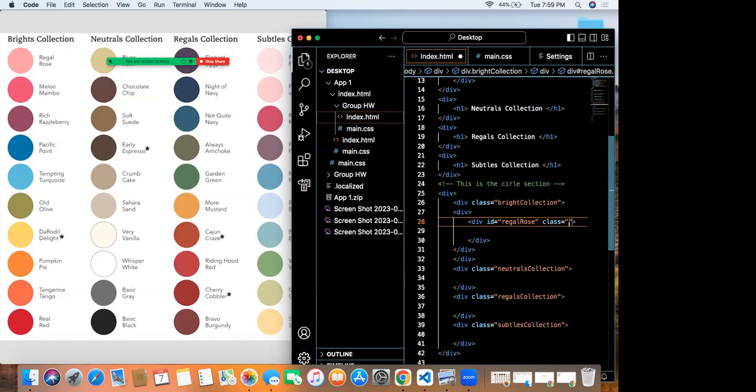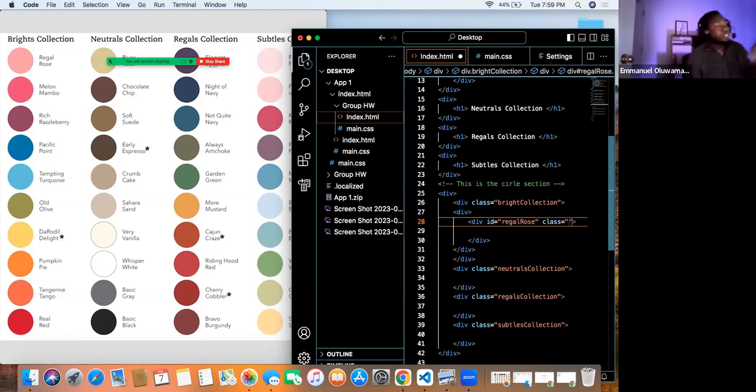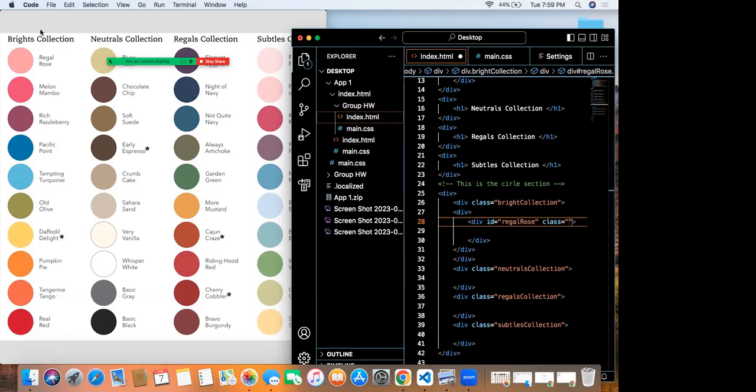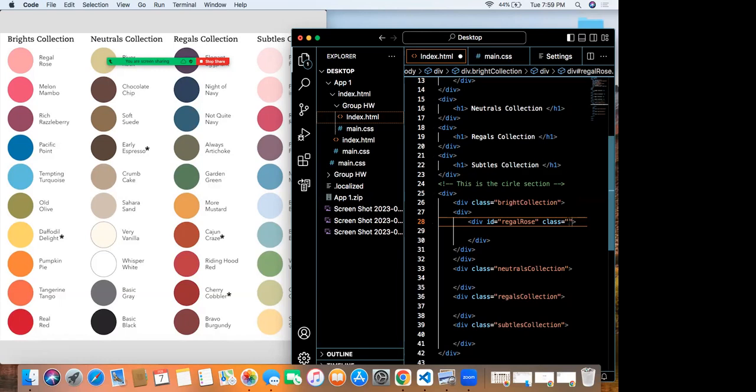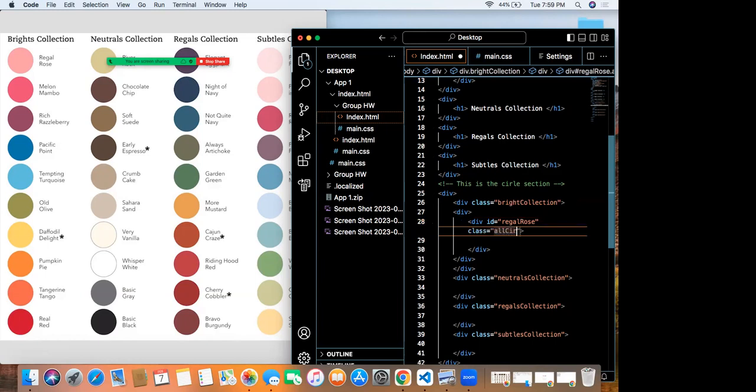What do we name this class? Column 1, I guess? Oh, this is for all the circles. But it's a class, so we have to name it something. What do we name it? We can call it circles, all circles, or the circles, anything like that, so we'll know that this is what we're using in CSS. Exactly. Cool beans, that's good.